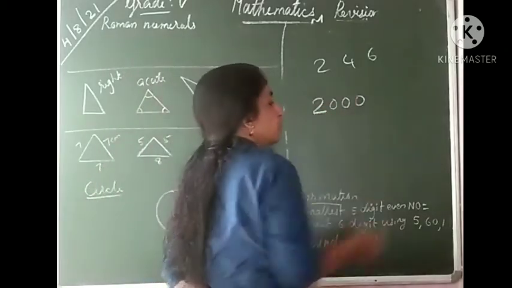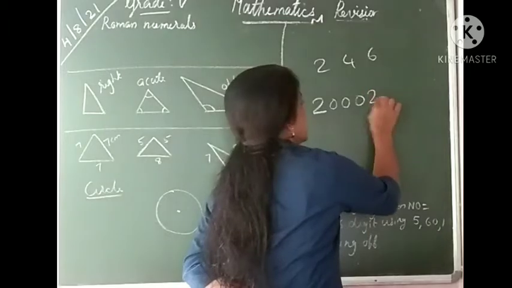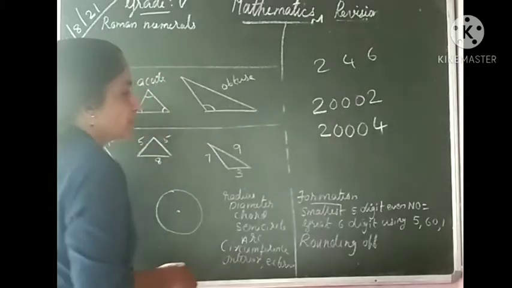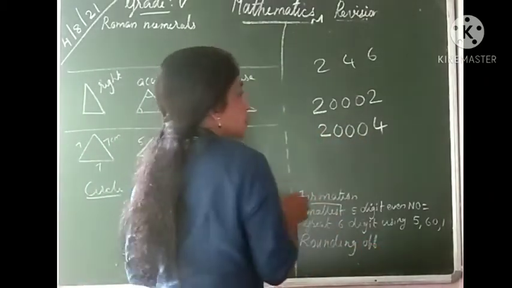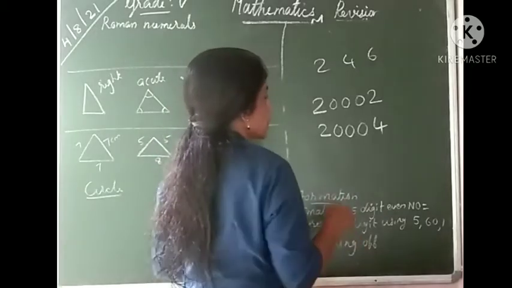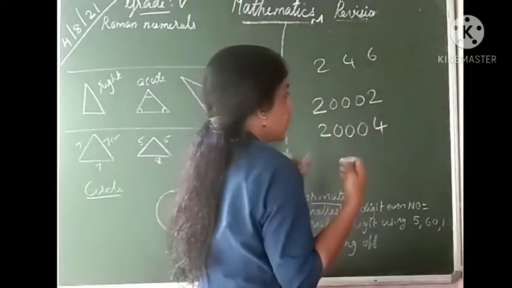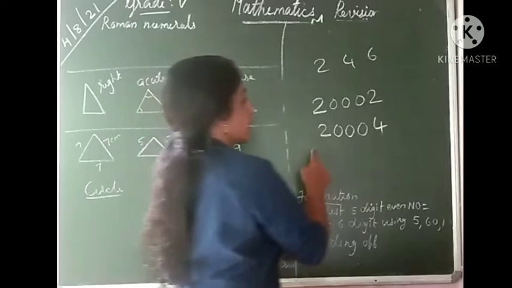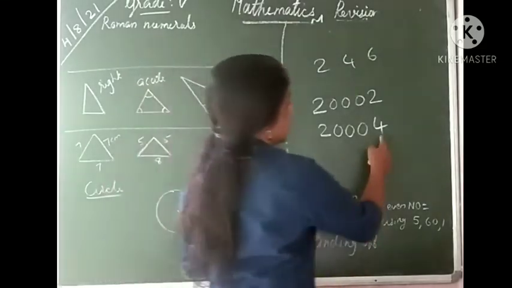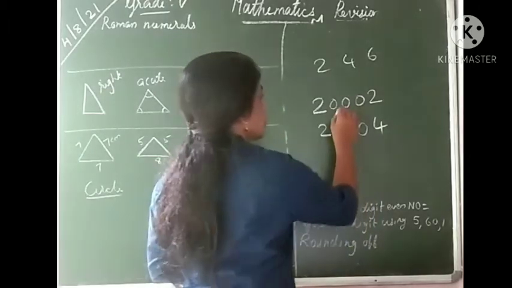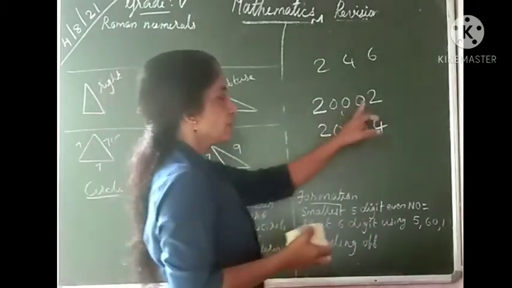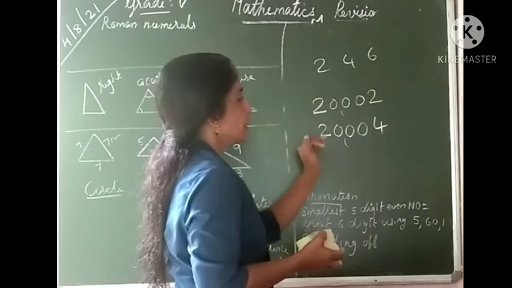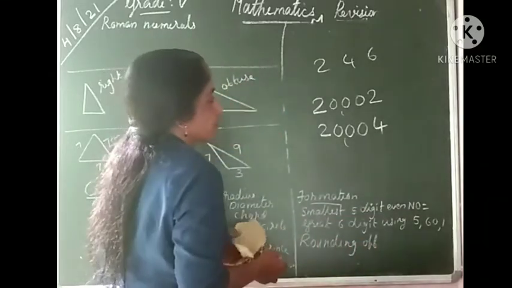If 2 can repeat, we can write 2 here. If it says the digit cannot repeat, then what can we write here? We can write 4. Smallest, right? So we can start with 2, we cannot start with 1. Then we can use 0. If the instruction says 2 can repeat, we can write 2 here. Sometimes if the digit cannot repeat, we can write ones, tens, 100, 1000 and 20,000, so this is 20,002. Understood? In the case where the digits can repeat, you can use them. If the digit cannot repeat, the smallest number is 20,004. Understood?